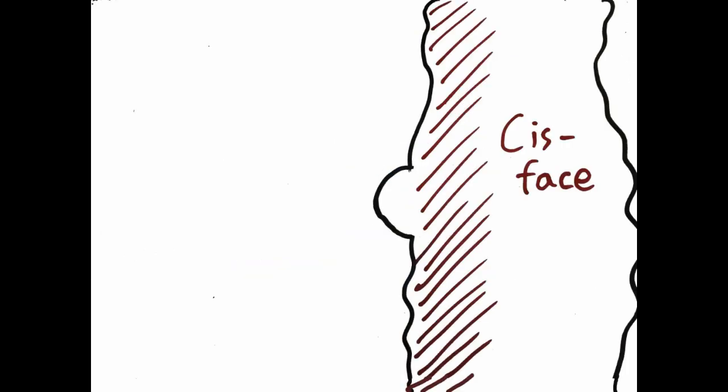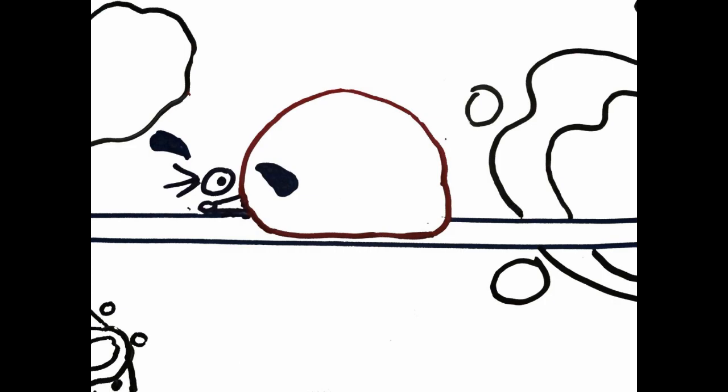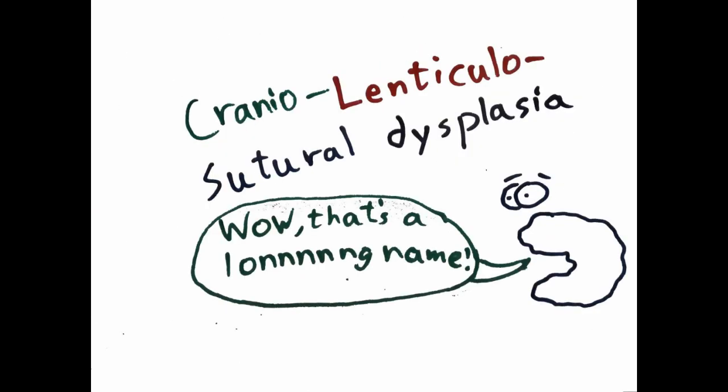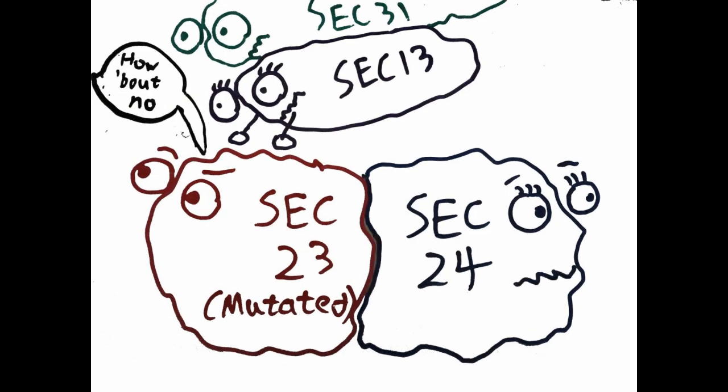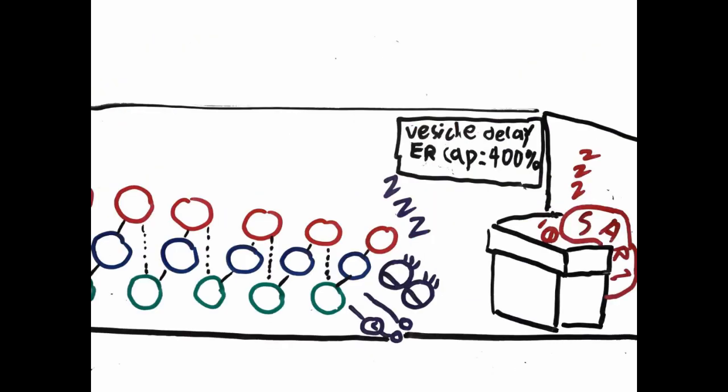After polymerization, the vesicle will break off into the cis phase of the Golgi body and travel to the ER on a motor protein. What happens when these systems malfunction? A syndrome known as craniolenticulosutural dysplasia is caused by a mutation in the SEC23 protein that causes SEC13-31 to uncouple from the vesicle. This will cause fibroblasts to have dilated endoplasmic reticulum as collagen DPY7 cannot be secreted, thus causing